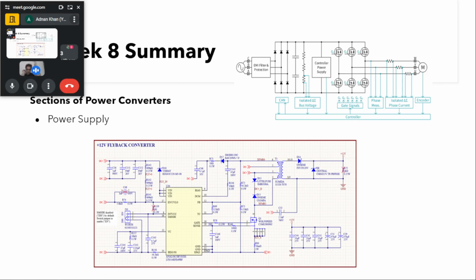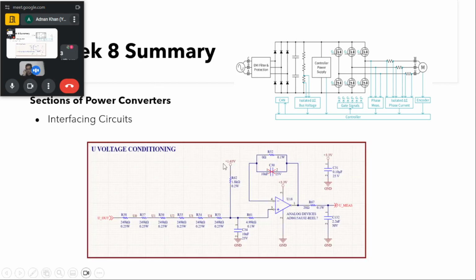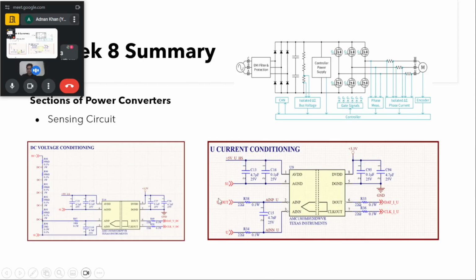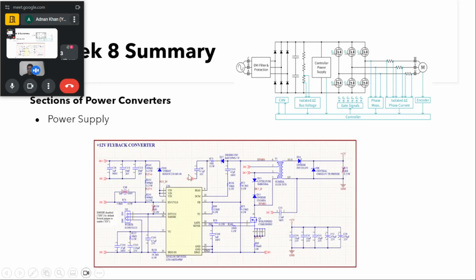If you can see, these conditioning circuits require different voltage levels, let us say an offset voltage of 1.65 volts, or some biasing voltage of 0 to 3.3 volts. And we have seen some ICs for voltage or current sensing, which require a voltage of plus 5 volt or plus 3 volt, and so on. And if we require these voltages,